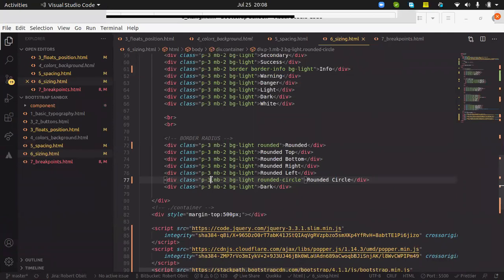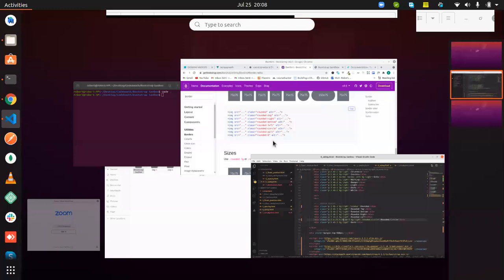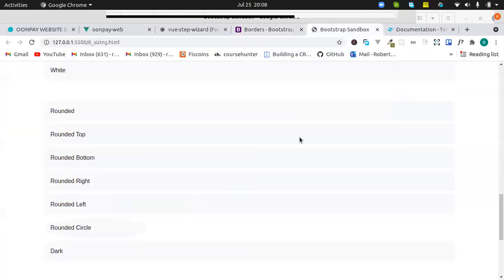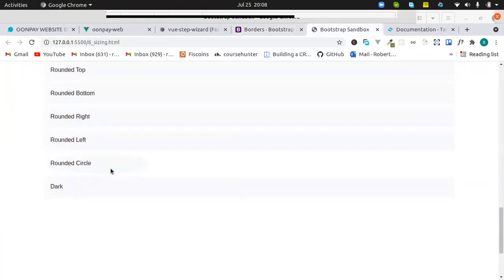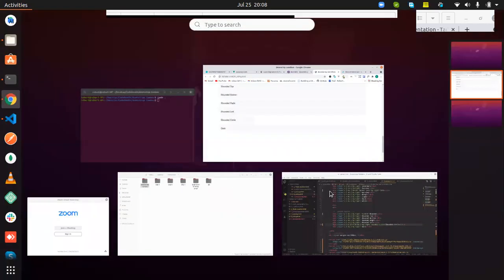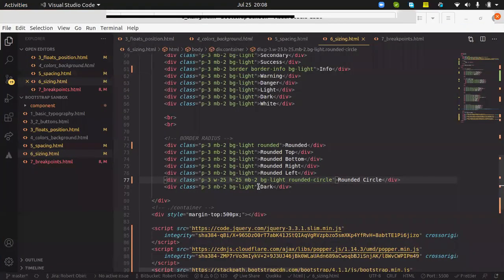Okay, so let me give it a width of 25 and a height of 25 and see if that one works. Fine. All right, you can see. In fact, let me change the color. This color is not nice, so let me give it a